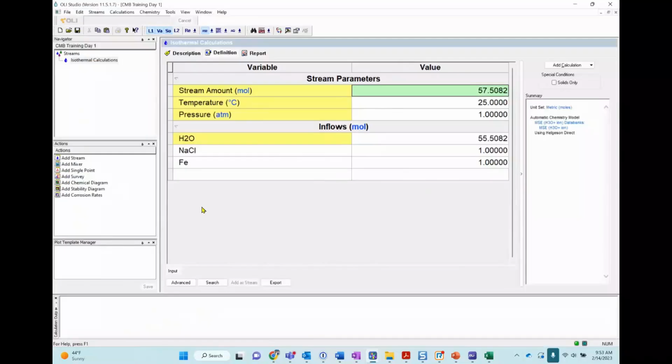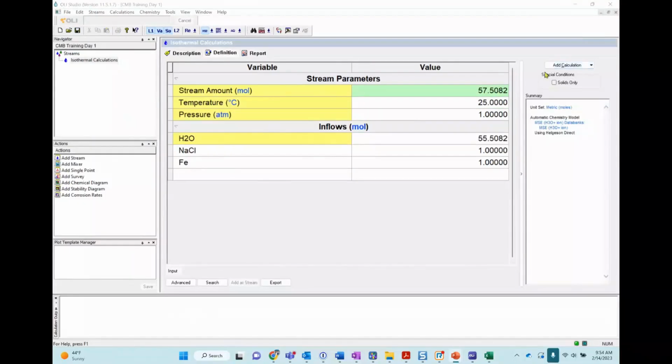Now we have specified the system. We have said how much mass, the conditions. What we want to do is to expose this 1 mole of elemental iron in a 1 molar sodium chloride solution at 25 degrees C and 1 atmosphere. Okay, and that's it. So how do we do a calculation?